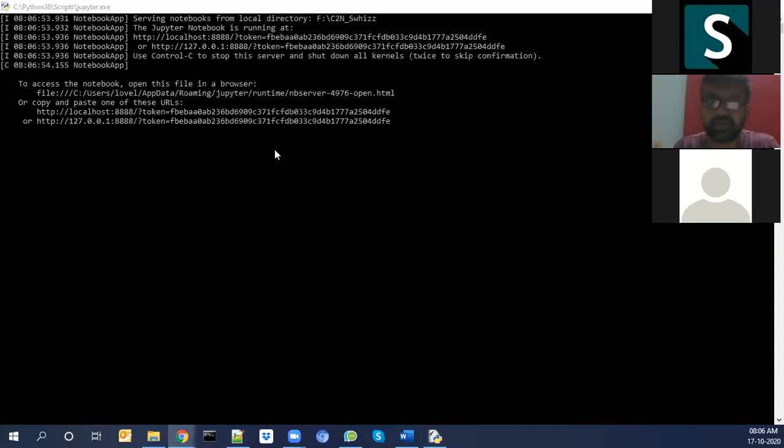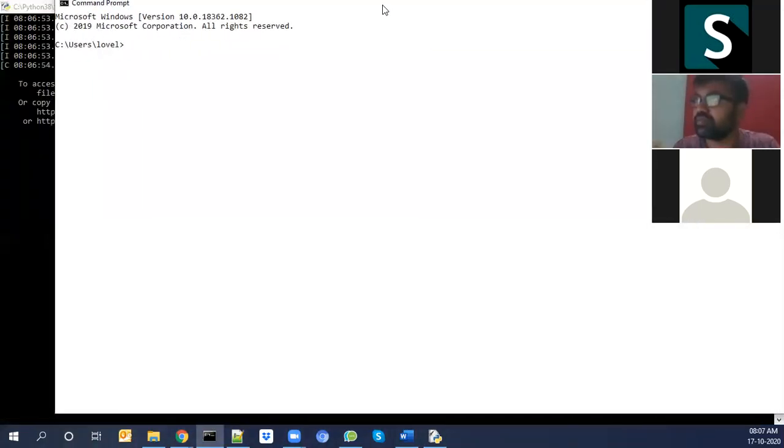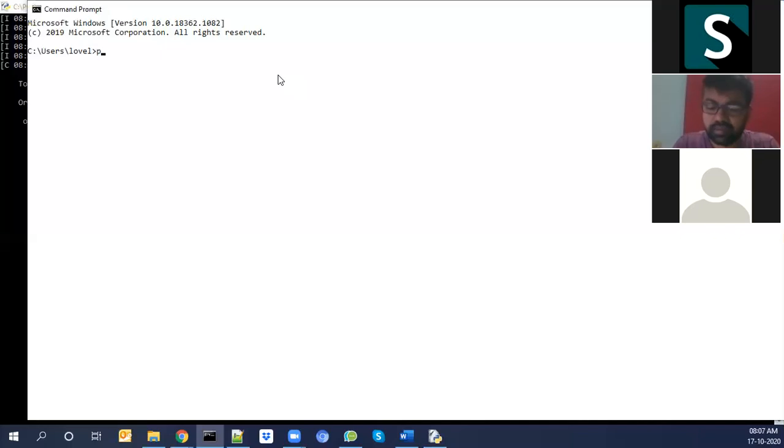So like I mentioned yesterday, can you please type pip space list on the command prompt? We'll see how many packages got installed successfully. Same as I'm typing on my screen, pip space list.